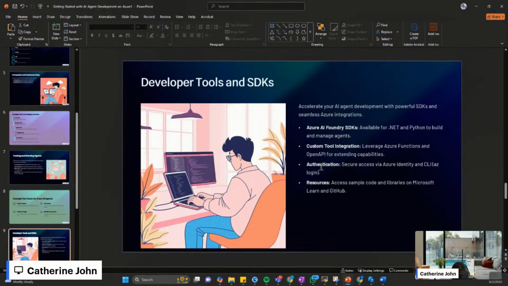Then authentication, of course, you can always authenticate. That's where the security comes in. You always need to authenticate. You can authenticate via Azure CLI. You can also authenticate if you're using the SDK, the software development tools. You can authenticate using Azure CLI. The resources,